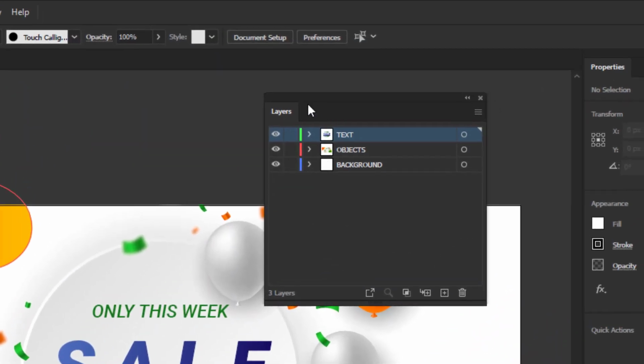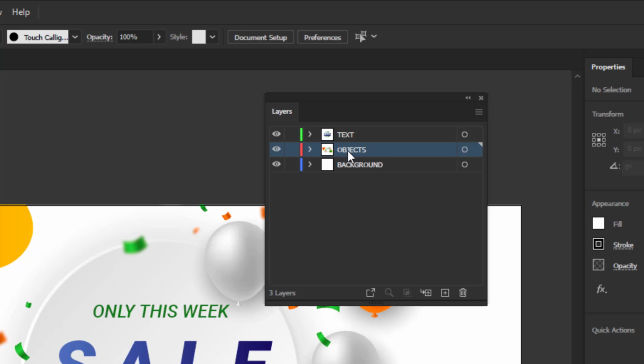Here we see the Layers box and 3 layers. Every layer is a different color. If you want to change layer color, then click on the corner icon